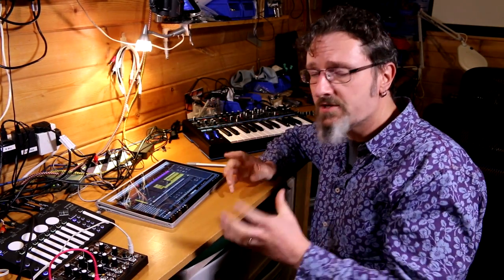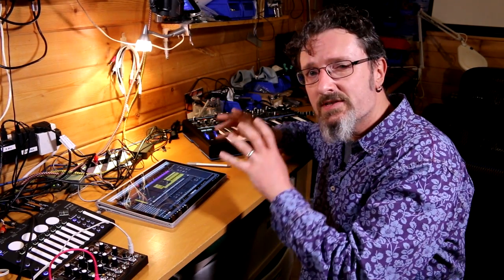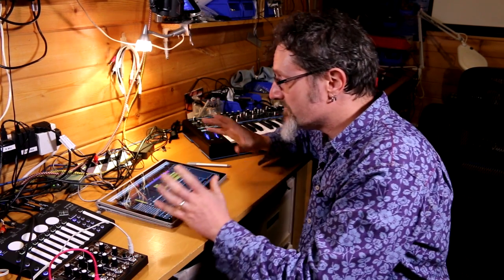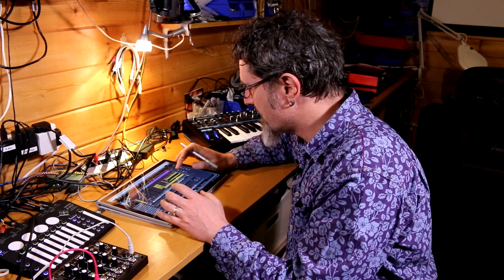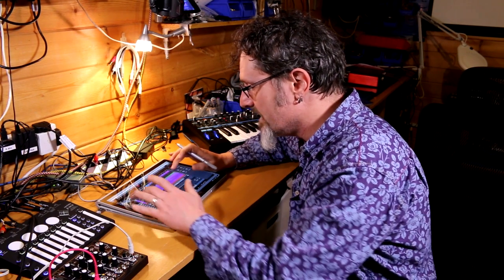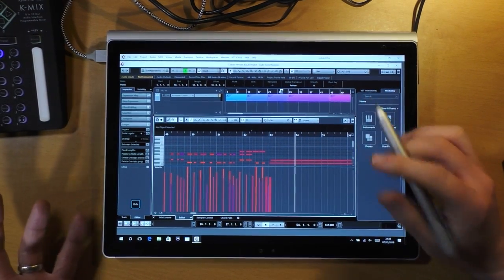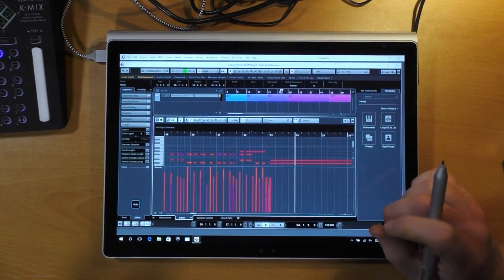Other things that I was disappointed not to find were that there was no support for MPE, no sort of five-dimensional expression like what you have with the Roli keyboards, and also that Bitwig has that inside. I would have liked to have seen that now starting to come in with new versions of DAWs. There's also no new instruments as such. There's a lot of stuff from the last version. It's all very good, but there's nothing new and meaty in there. There's also no real change to the editing side of things, so it all edits in a very similar way to which it always has. I mean, the editor here is exactly the same. It's just as it's always been, which is all right,